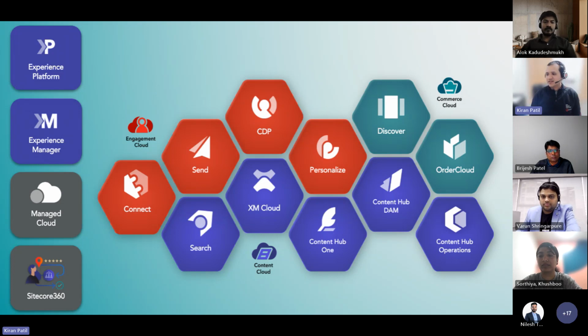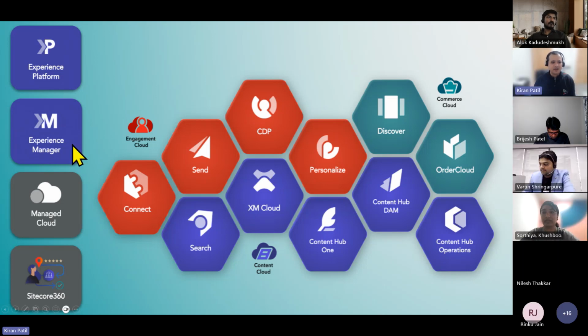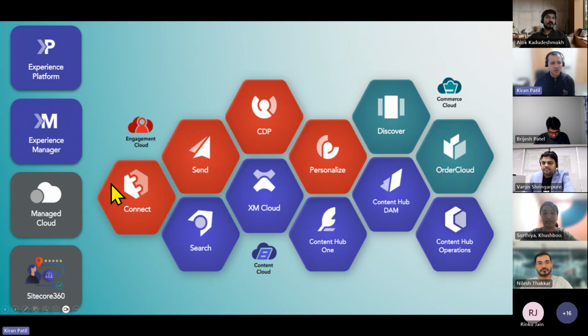Now, moving to the next section, we'd like to talk about XM headless and Content Hub, where Khushboo has been mainly focusing. One of our clients was not ready for XM Cloud, but still wanted to use XM, because XM Cloud was very new. In that journey, we are moving them from XP, MVC, and SXA to headless, and also using Covio headless. And Khushboo has been very instrumental in leading that project from our India side for the enterprise client.